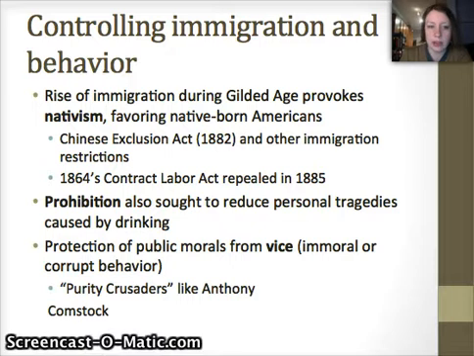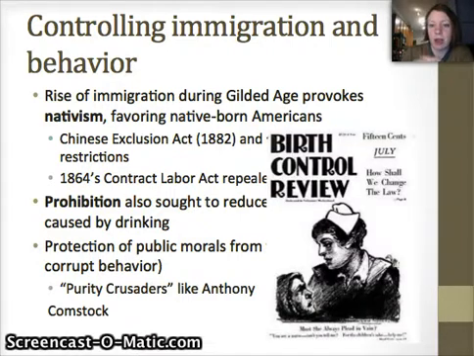One of the most famous ones, the Comstock Law, is passed by a purity crusader whose name is Anthony Comstock, which makes it illegal to transmit obscene materials through the mail. Some of those obscene materials might include information about preventing pregnancy, because in order to talk about birth control and how to prevent pregnancy, you have to describe how people get pregnant. So Margaret Sanger and some of the other activists who are looking to protect women in this way actually find themselves at odds with the laws of the United States during this period, because in order to talk about the things that they want to change in society, they have to bring up some obscene information.